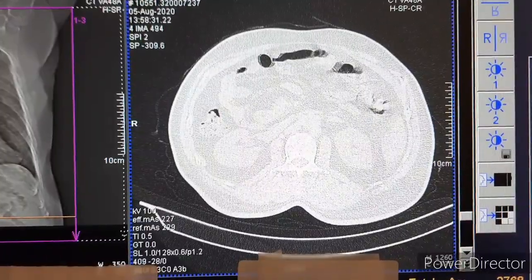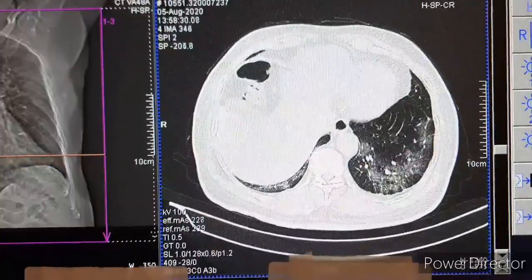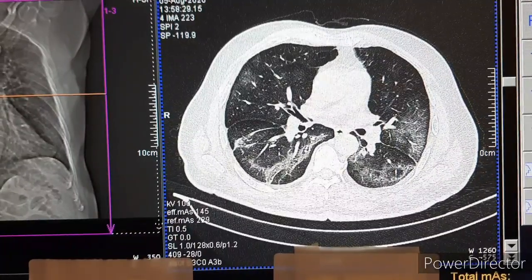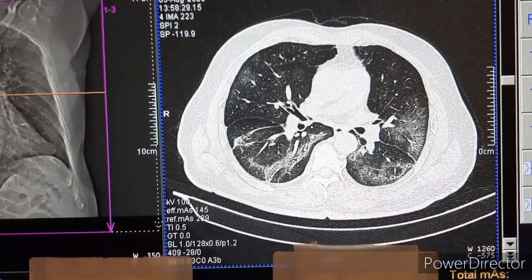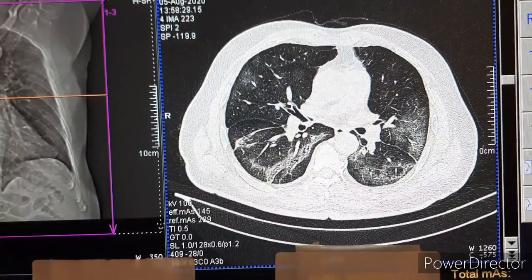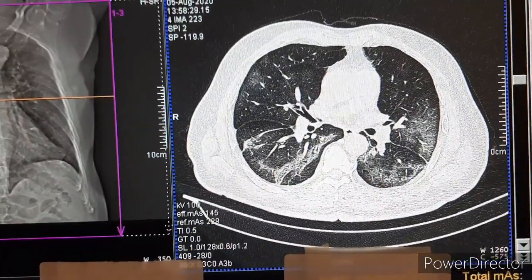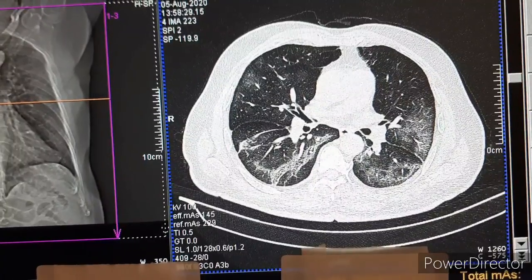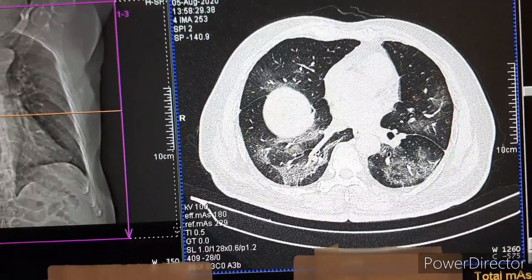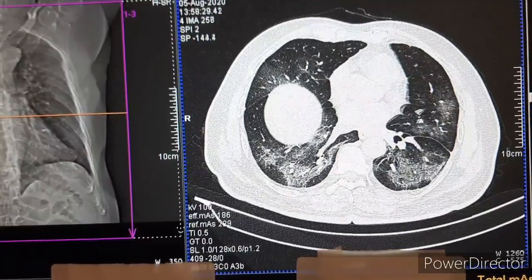In other cases where the patient has tuberculosis or any other lung disease, radiologists ask for expiratory phase, that is, the patient has to take a deep breath, leave it and hold it, that is called expiratory phase, and you have to take a scan in that phase, or you have to take a prone scan. That is not important in COVID cases. So we have done only one plain scan here, that is inspiratory phase. We haven't taken expiratory phase because it is not important here.